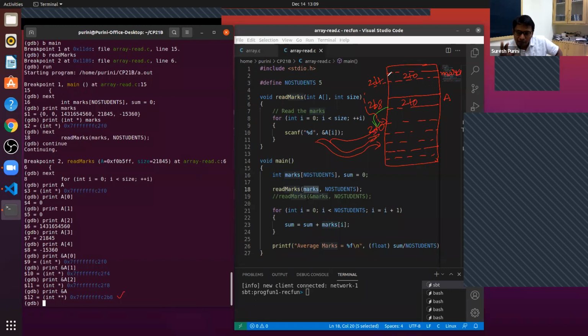Number two, the Pythagorean triplets problem we will try to solve. That is the plan for Thursday's class. Those of you who are confused, it's all right, that's natural. But I want you to take the time, work on your own using pen and paper, use GDB, use the program, and try to see what is going on.